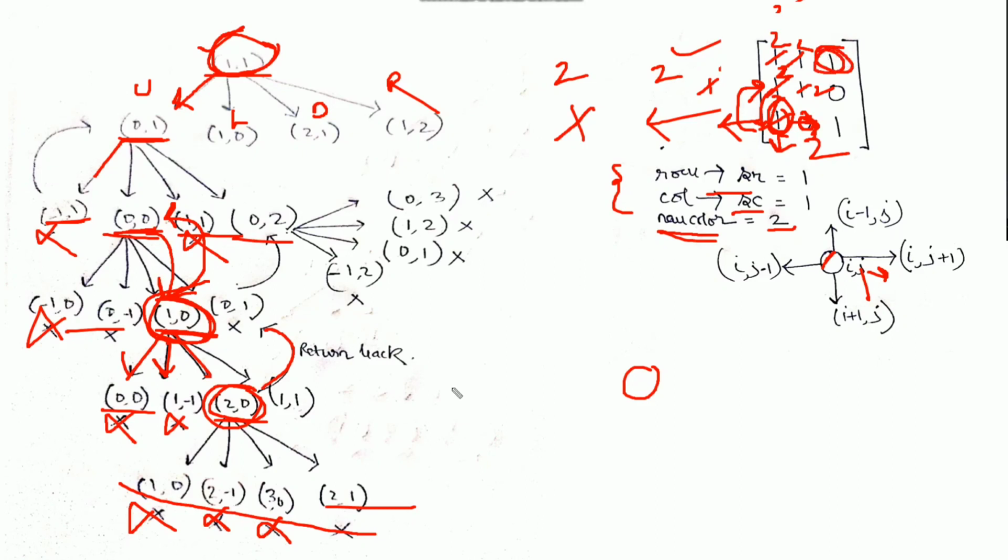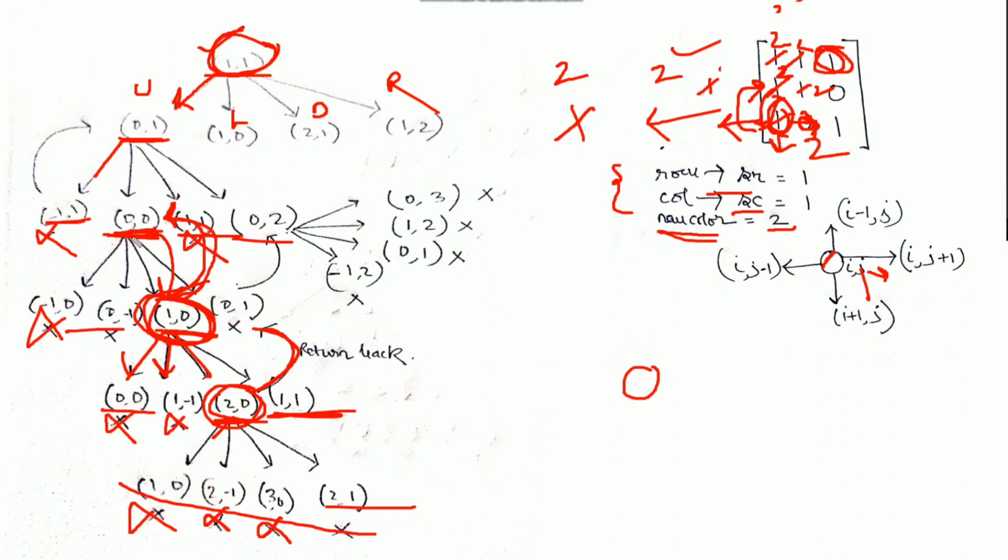So basically in recursive functions, whenever we hit any base case or whenever there are no possibilities left, we need to return back to the caller of that recursive function. In 2 comma 0 there are no possibilities left, so we will return back to the caller of 2 comma 0. The caller of 2 comma 0 is 1 comma 0. 1 comma 0 we have completely traversed. Again there are no possibilities left because 1 comma 1 is already visited, so we will return back to the caller of 1 comma 0, that is 0 comma 0.